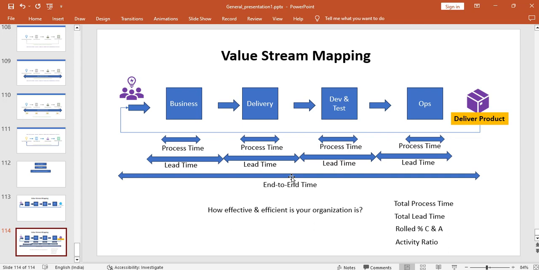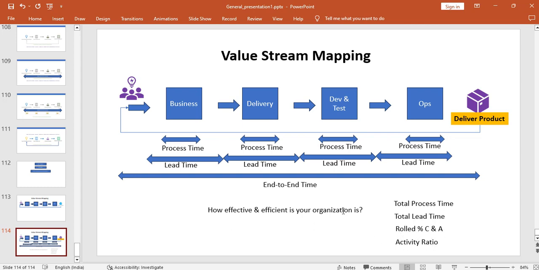Okay, so here we will deep dive into each area or each step, where the process time and lead time can be different for different people because they use these terminologies. Taxonomy simply says, this is value add time, and this is some delays, and how you calculate. Okay, so we will see a generic implementation. So nothing to worry. You can actually see the total process time, total lead time,